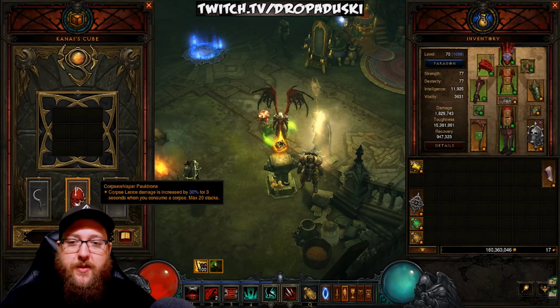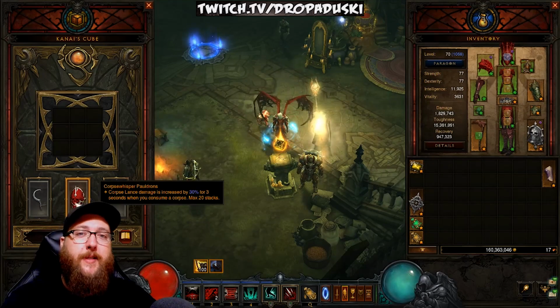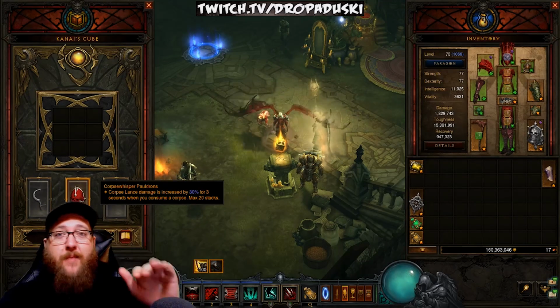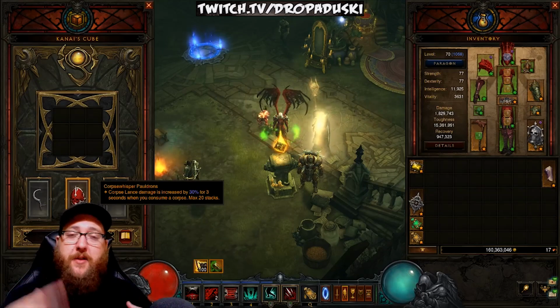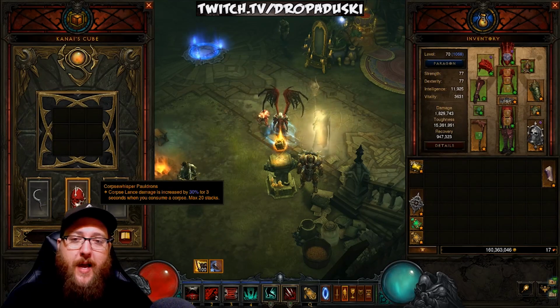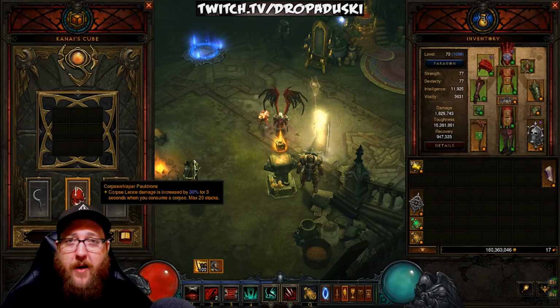The last piece in the cube that I want to go over is the Corpse Whisperer Pauldrons. Corpse Lance damage is increased by 30% for 3 seconds when you consume a corpse, maximum of 20 stacks. When you're in Land of the Dead with Simulacrum up, you're spamming Corpse Lances. I mean, they're coming out based on your attack speed. They're coming out so fast. So you get the full damage output from these shoulders,